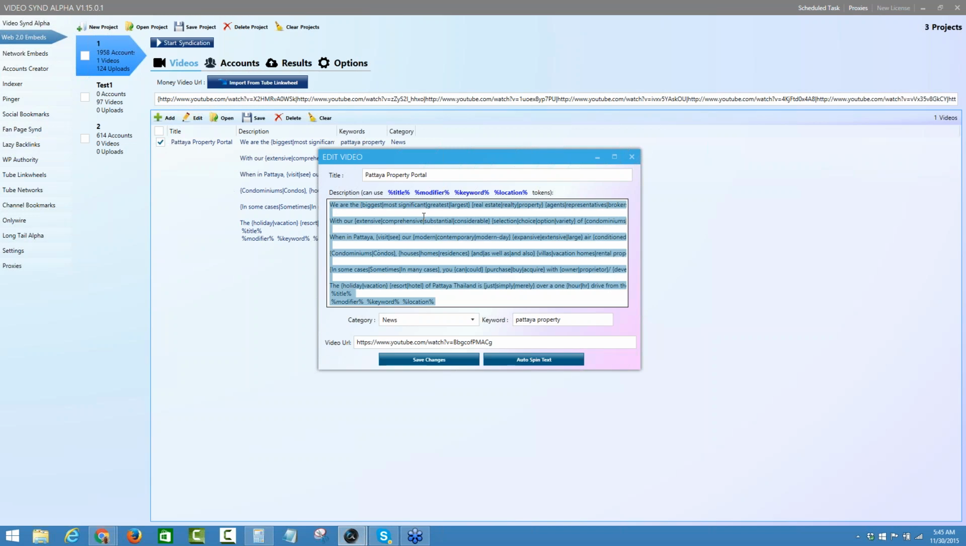And what you can do then, if you really want to, is create a link wheel just by putting,